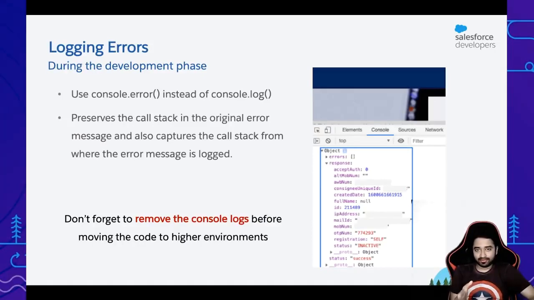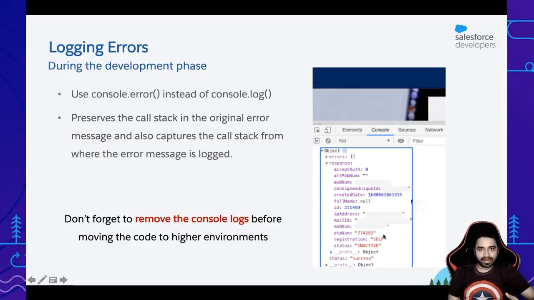Because this might happen. The screenshot that you see on the right is from one of the courier services that I was interacting with recently. I put in my mobile number and then I submitted it for an OTP. The OTP was supposed to come to my email in, let's say, 10 seconds, but it didn't happen. It took 10 minutes. So I decided to see if I could get the OTP from the console, and it turns out they have logged the entire response object over here, including the OTP number.